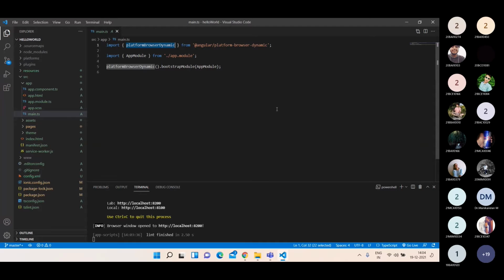So can you understand what this platform browser dynamic may be? Just any wild guesses? Any change while typing would show immediately on the browser. Okay. So to make it more crisp, platform is nothing but the operating system where you are going to operate your app. Browser. Why we are using the term browser here is as we are creating the web component,